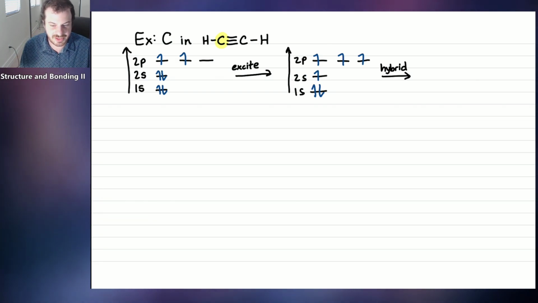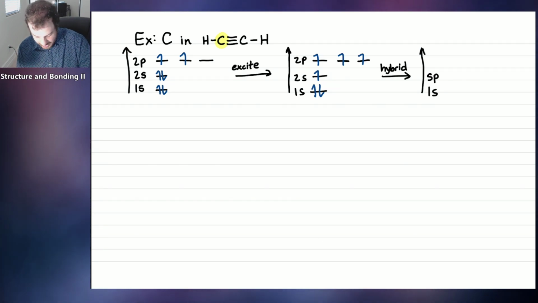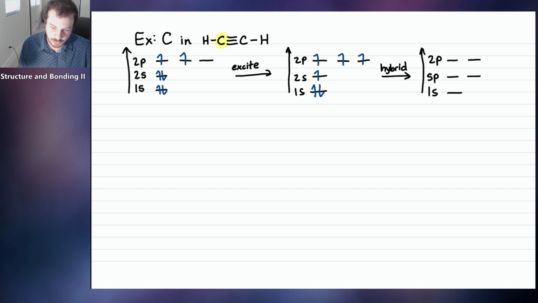Okay, and now this time, instead of hybridizing 4, instead of hybridizing 3, let's just hybridize 2 and see what happens. So we're just going to grab these two and hybridize them together. Okay, and so we get sp, since we're just mixing one s and one p, and then we do still have some 2p orbitals left over. So we'll have our 1s orbital stay the same. We have 2 new sp hybrid orbitals, and we have 2 left over 2p orbitals.